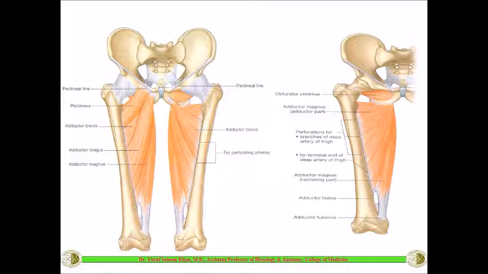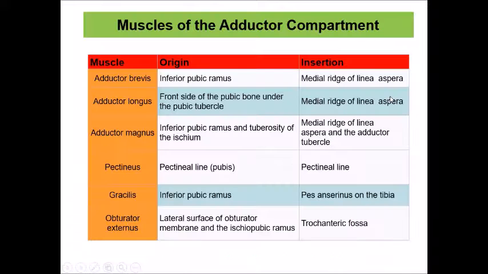Okay. Then coming to the last muscle, that is the obturator externus. So this is the obturator externus. This will be taking origin here. There is a foramen called the obturator foramen. It is covered by a membrane called the obturator membrane, and this muscle will be taking origin from the obturator membrane. So the obturator externus will be taking origin from the lateral surface of the obturator membrane. From the medial surface, there is one more muscle taking origin, that is called the obturator internus.